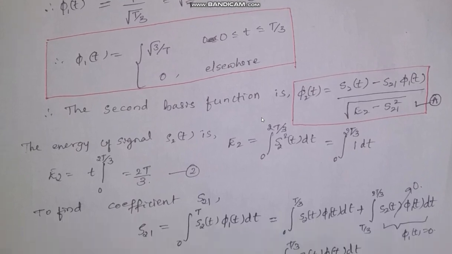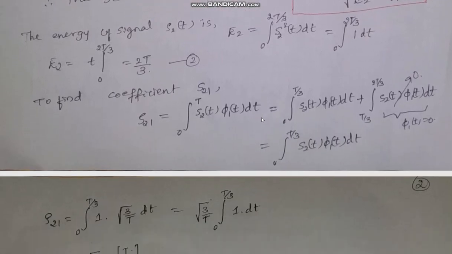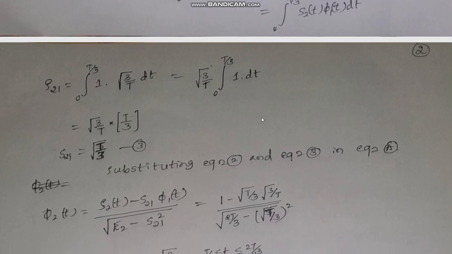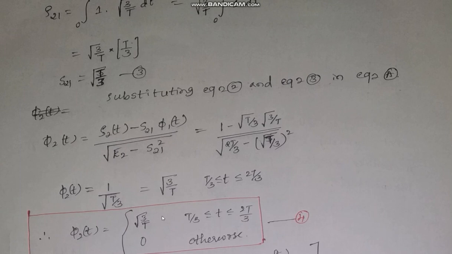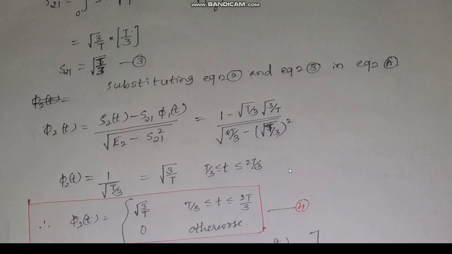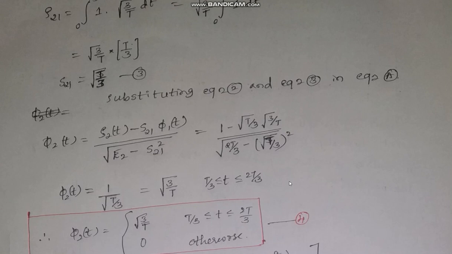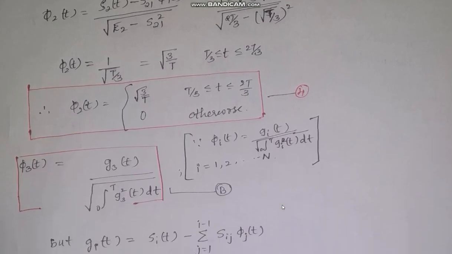phi 1 is ending at t by 3 and S2 will end at 2t by 3. So in between these two values we are going to have phi 2 of t. Now we found two orthonormal basis functions. We will have to find the next